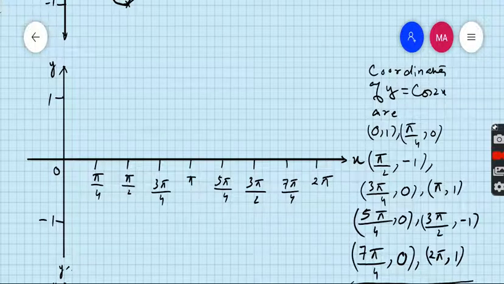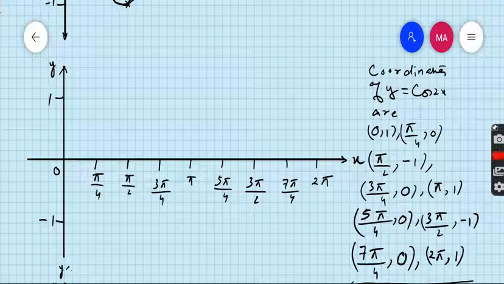When x is pi by 2, the value is minus 1. When x is 3 pi by 4, the value is 0. When x is pi, it is 1, 5 pi by 4 is 0, 3 pi by 2 is minus 1, 7 pi by 4 is 0, and 2 pi is 1. So we should have,